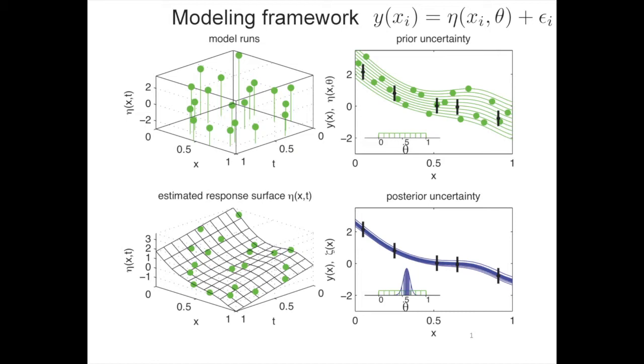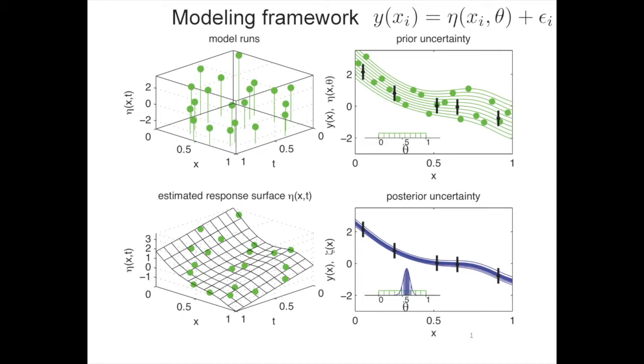So here's 20 runs at 20 different settings of x and t, or theta. And then I can fit a response surface to this output. So certain outputs are very amenable to this. Other outputs, maybe not so much. But what we'll learn today is a little bit about how to fit this Gaussian process to this sort of